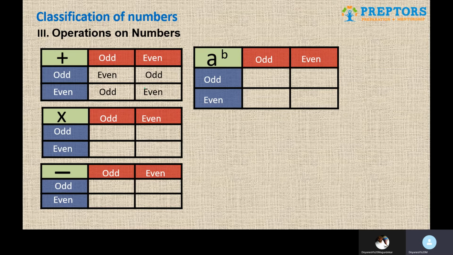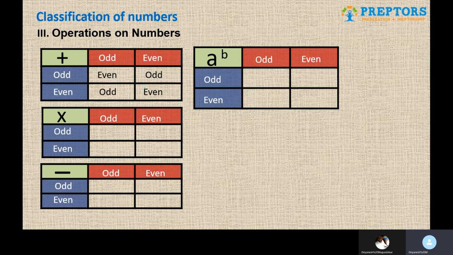But when you change that, for example, when you take the first number as odd and the second number as even, suppose 3 and 2, again when you add them, you will get an odd result. Third scenario, first number even, second number odd, suppose 4 and 3. When you add that, you will get odd as the result. And the fourth and last scenario, both the numbers are even. When you add them, you get the even conclusion.